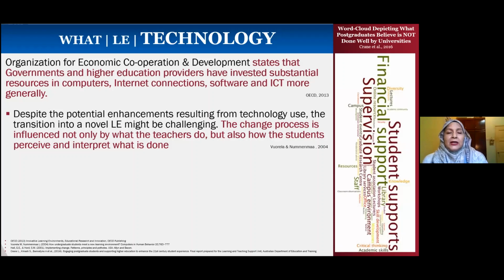Despite the potential enhancements resulting from technology use, the transition into a novel learning environment might be challenging. The change process is influenced not only by what the teachers do, but also by how the students perceive and interpret what is being done. So it has to be to the satisfaction of all the concerned stakeholders who are involved in the teaching-learning process, as well as those undergoing